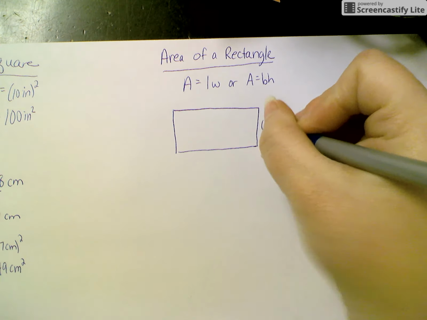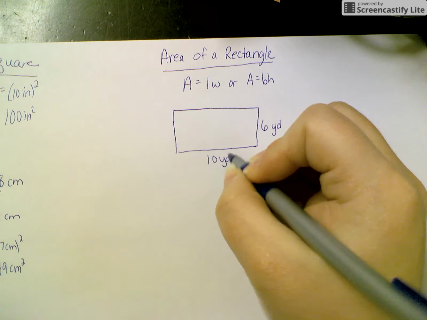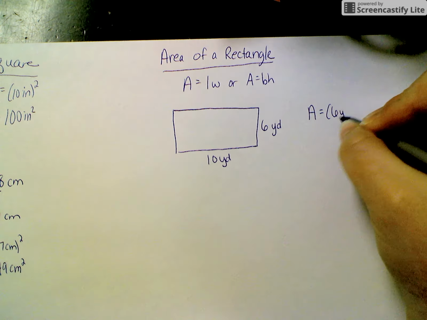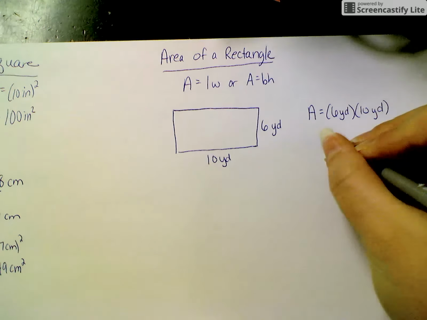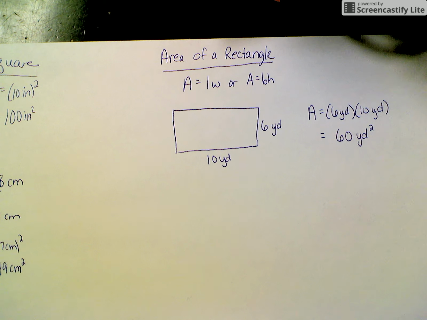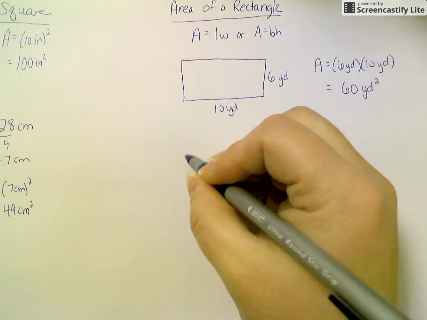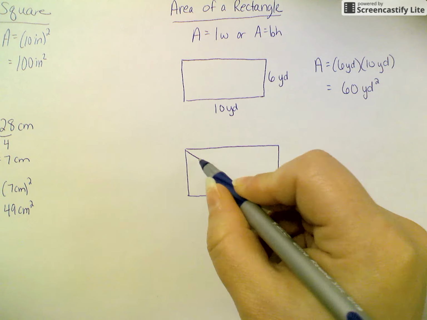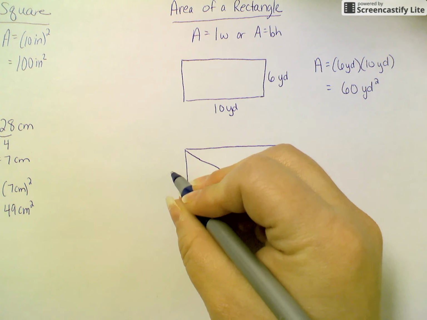Maybe I tell you the width of this rectangle is 6 yards and the length is 10 yards. So for this one, to find the area, we would just be taking the length and the width and multiplying. And 6 times 10 is 60, and that would be yards squared. Yards times yards would be yards squared. Another way I could have you do this, I could tell you that one of the sides of this rectangle